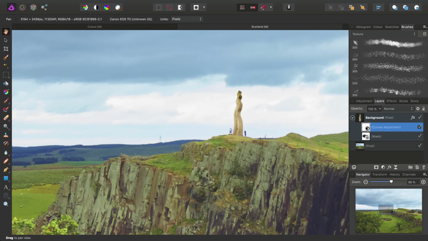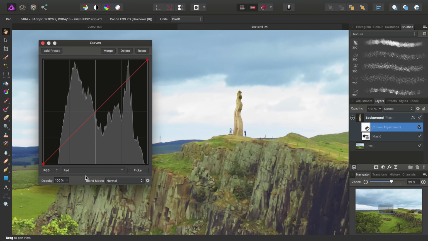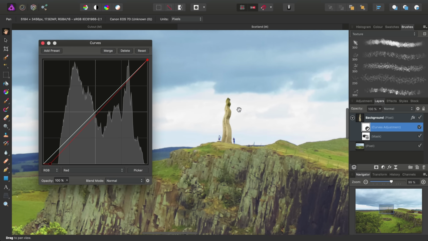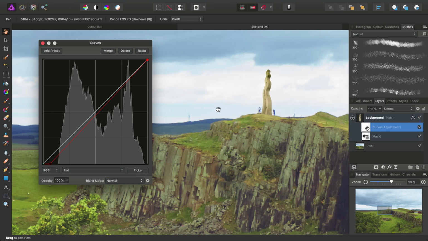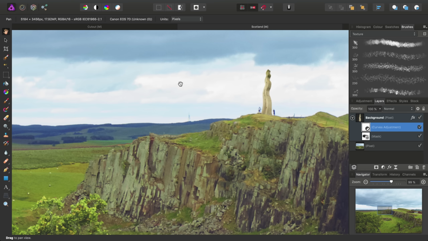Okay, so we'll just double click our curves adjustment to bring it back up, and we just want to alter the colors slightly. So for example, if we target the red color channel, we might just scooch this in a little bit to take some of the red out of the shadows, and that seems to provide a better tonal match with the surrounding area. If we just move across to the master control for a minute, we might also raise the overall shadow tones for a bit less contrast. Okay,